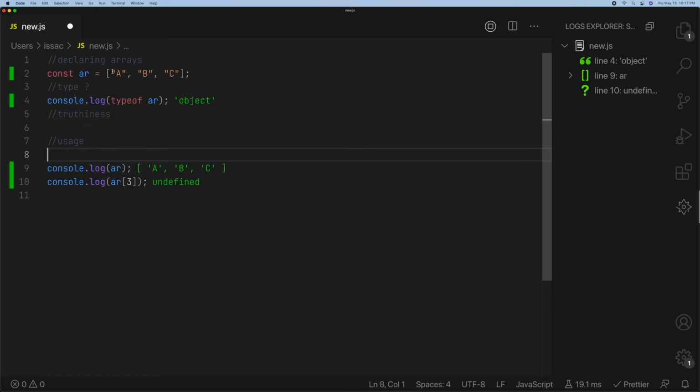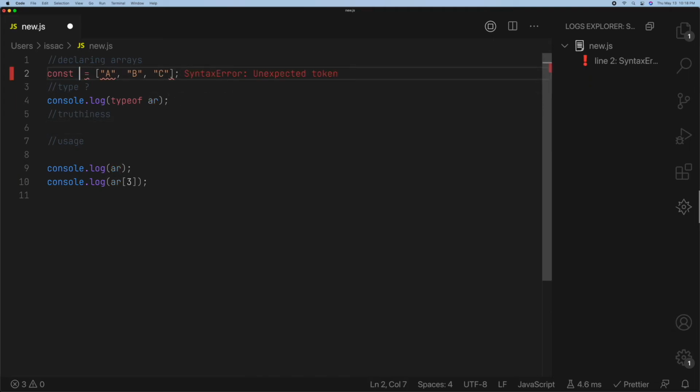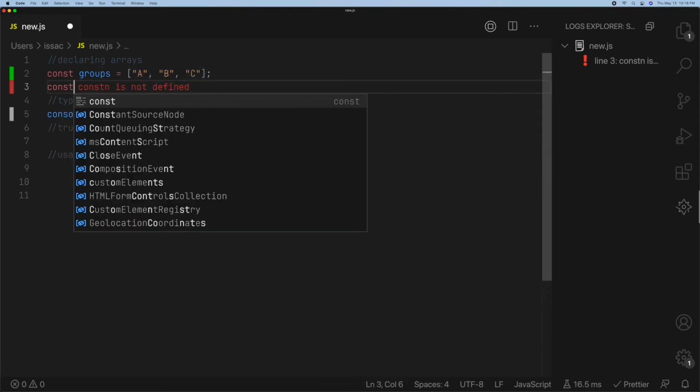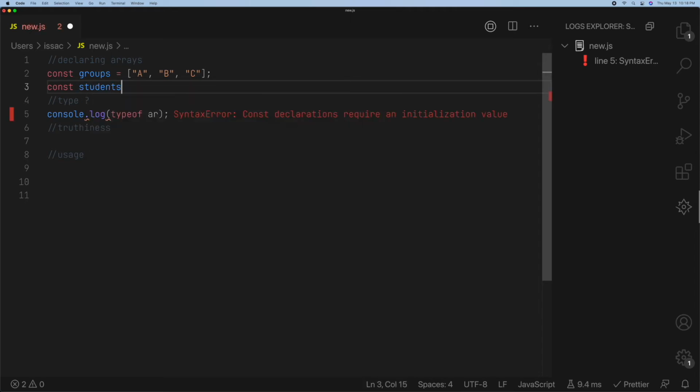We have a list of groups, right? So we're going to say this is array. Well, actually, let's call them groups. We can give it a proper English name here, that way we know what is going on. Let's remove these 2. So we have groups being these 3 groups. And let's say we have const students equals, and let's just give the students some names. So let's say Mary,